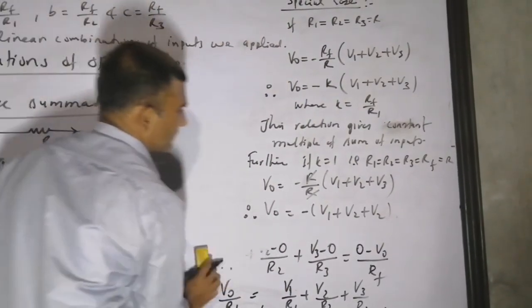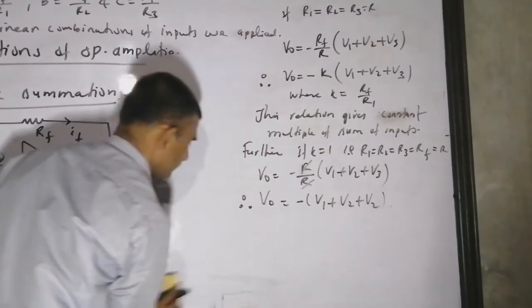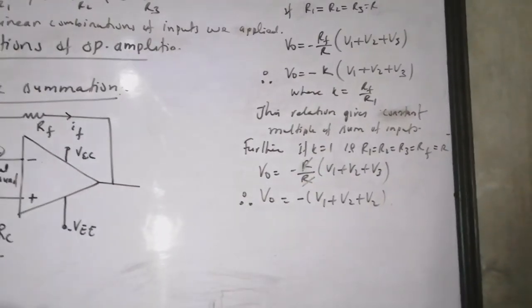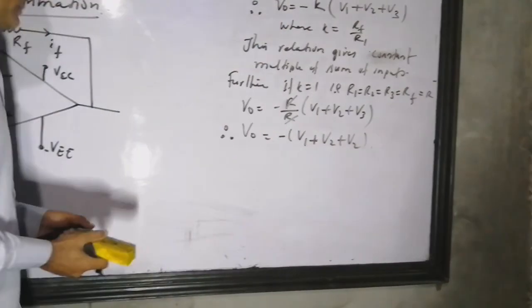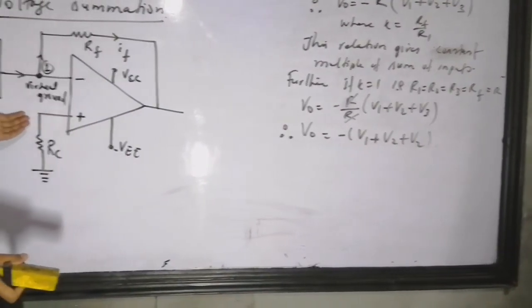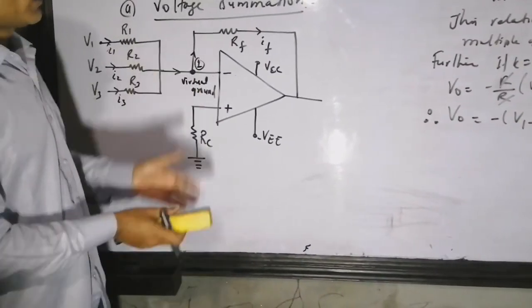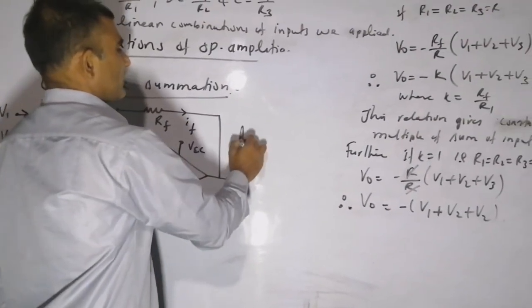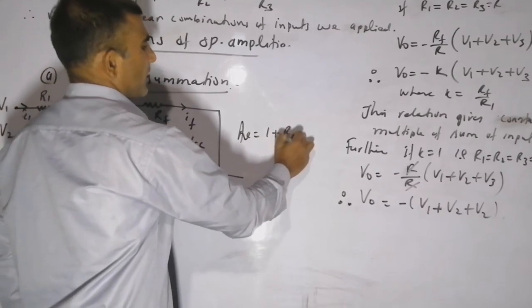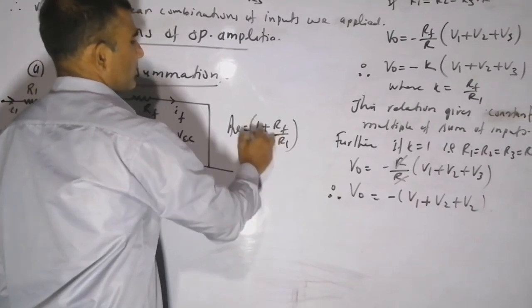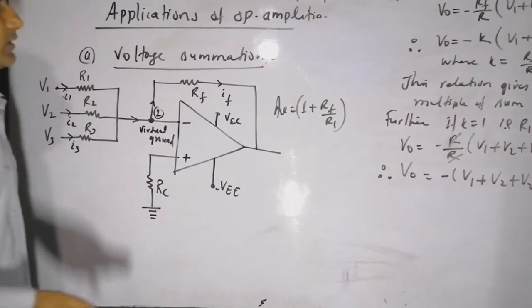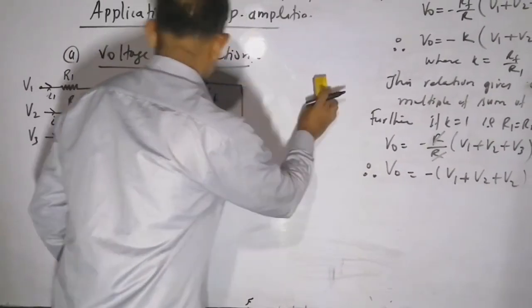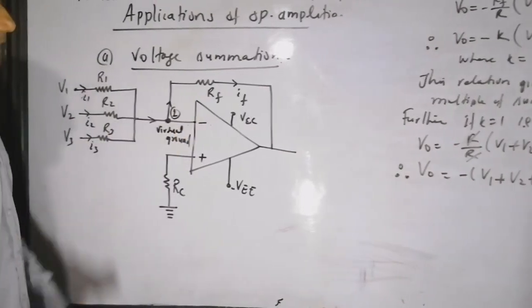Of course, this minus sign comes because we are applying the signal through the inverting input of the amplifier. Similar types of sum we can obtain applying the input to the non-inverting terminal. But there is a problem. In that case the formula is 1 plus Rf by R1, so it will be a little bit problematic to get the results very fast. So I have applied it through the inverting input.